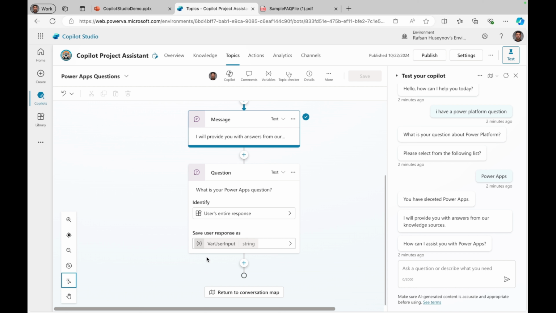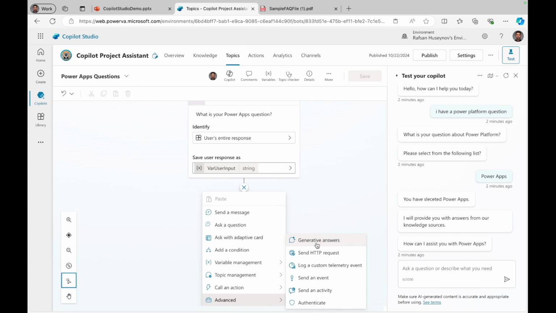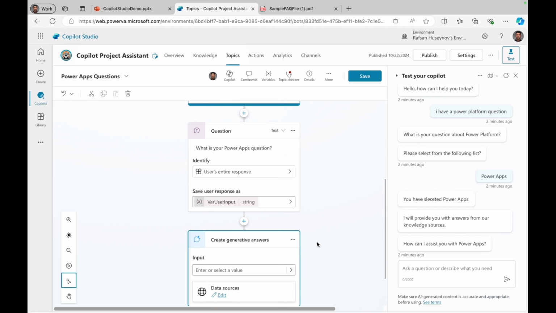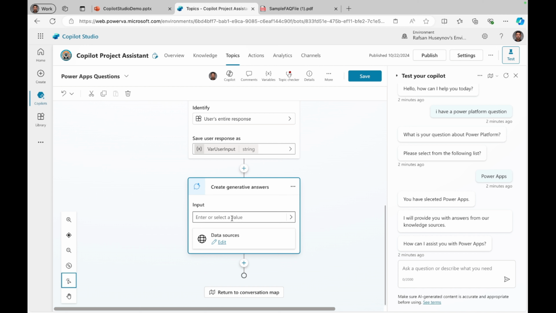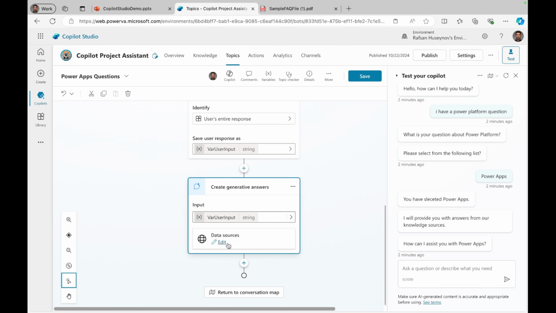In fact, that's one of the best practices. I will add another node. This time, I will choose advanced, go to advanced and click generative answers. Input will be this var user input. Click and add it here. So I will also click edit here